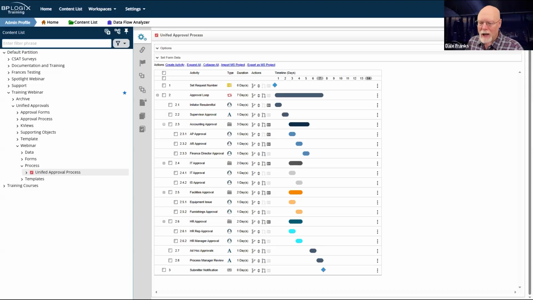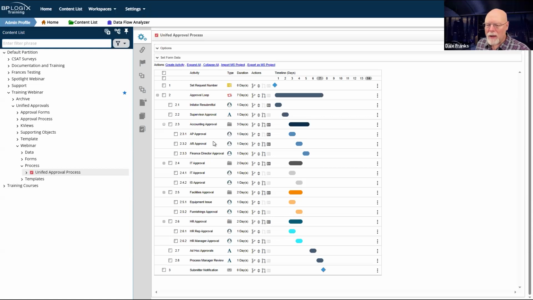So this is the process timeline that we were looking at last week that I was configuring. As you can see, I have finished that configuration now. And so I now have tasks, or activities, inside each of the different sections. If you remember, last week I had the sections themselves and I threw in a couple of activities, but I really needed to go back in and clean them up. I've also prettified it a little bit. I've color coded each of the different activity types for accounting or IT or facilities or HR. So they're all nicely color coded.